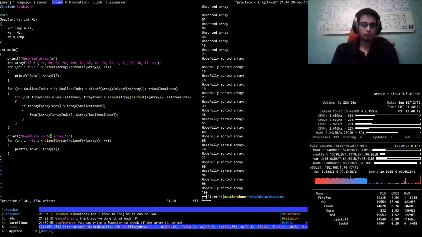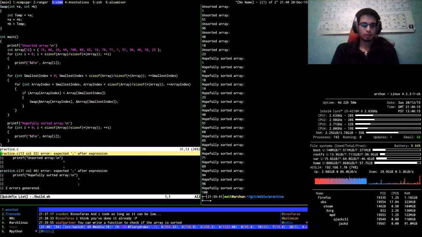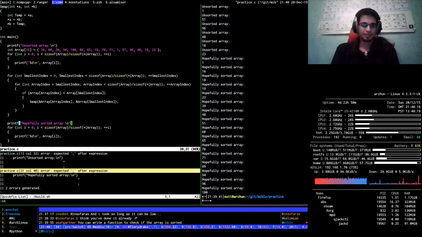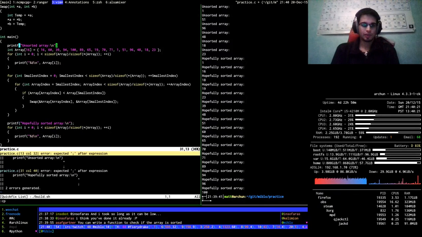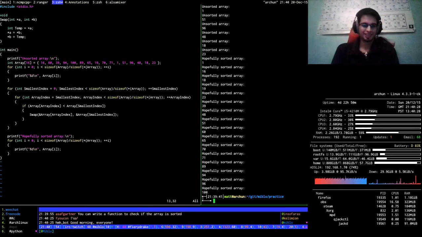Right, we'll check the array is sorted. I could write a function to check if the array is sorted.